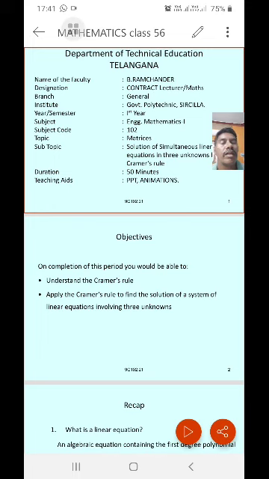So one more thing, you can cross check the solutions. Finally you will get x, y, z values, and if you substitute these values in any of the three equations given, it should be satisfied. That means if it is satisfied, you did it correctly. If the equations are not satisfied, it means you made a mistake in some